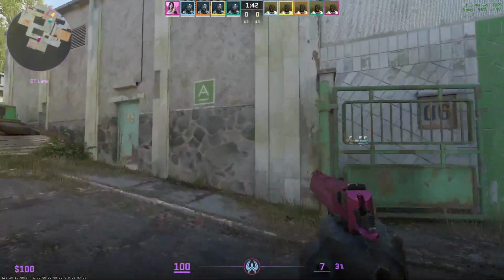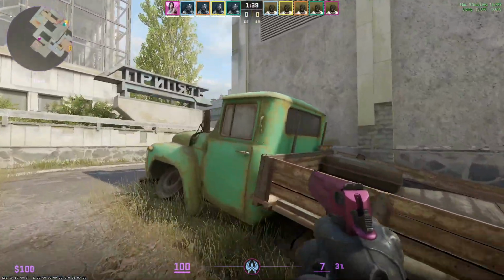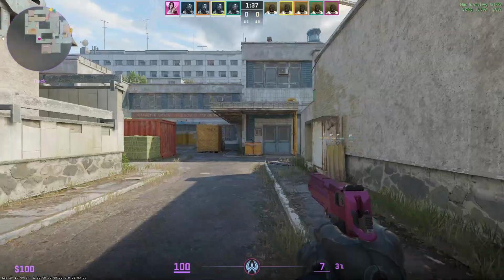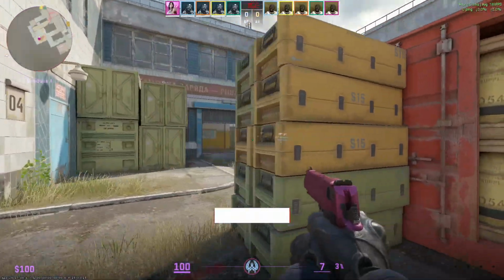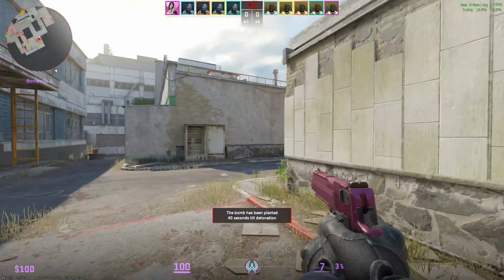Hey guys, if you're trying to play Counter-Strike and your audio keeps disconnecting, then you have come to the right place, because in this video I'm going to show you how to fix when your audio keeps disconnecting every couple of seconds easily. So the first thing that you need to do is you need to open up your escape